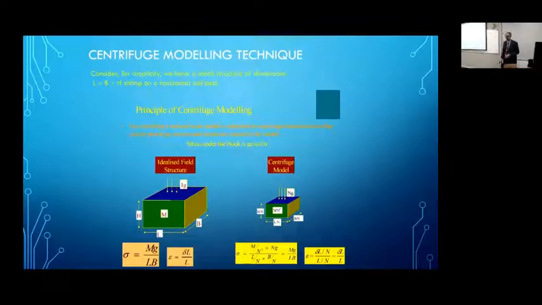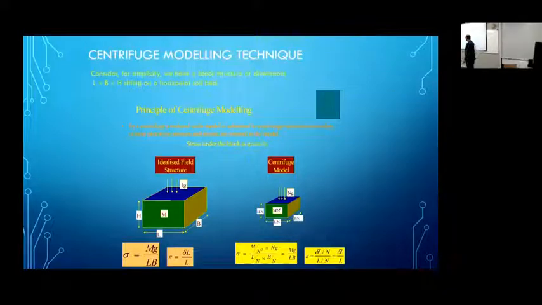And this is where centrifuge modeling comes in, and it is the easiest thing to explain, especially before lunch. This is probably schoolboy physics, so it is very easy to understand. All I need is for you to imagine a block, say whose dimensions are L, B, and H, with a mass M. Now, if I ask you what is the pressure this block is going to exert on the ground,